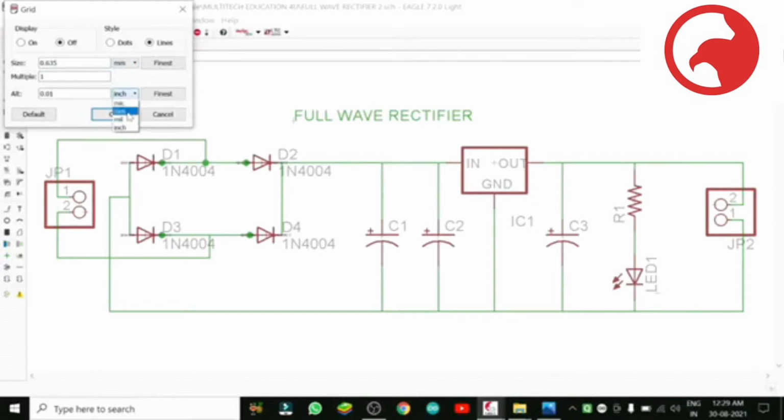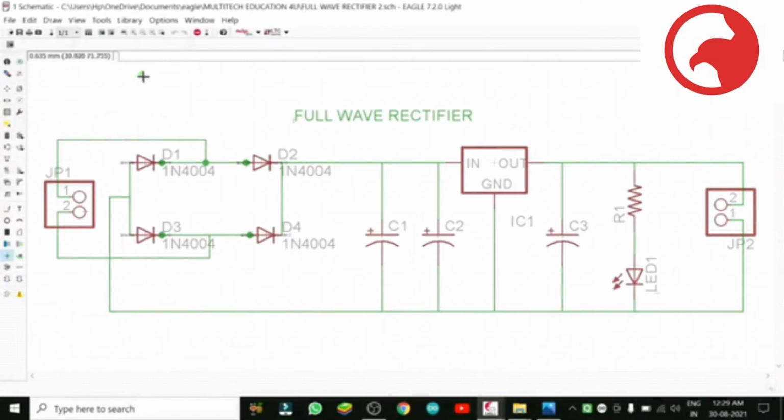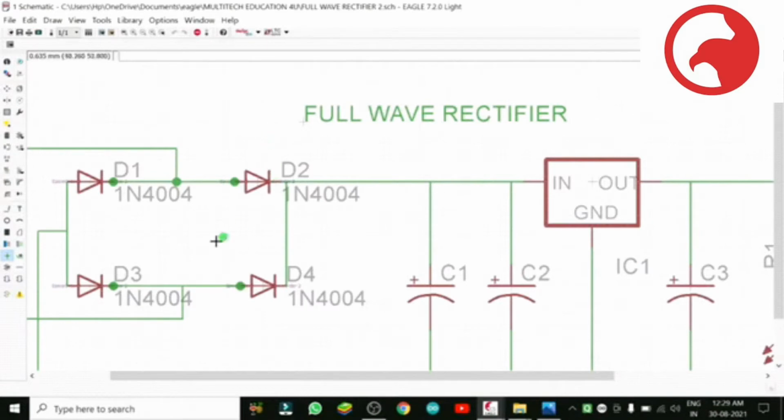When you make a print, export it, save it, and then copy paste in a Word file, the same size will come, whatever size we are doing. So now you see we have chosen the grid, the node can be placed. So let us place all the remaining nodes fast.